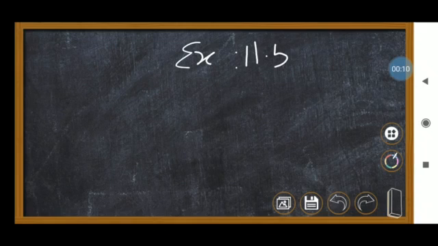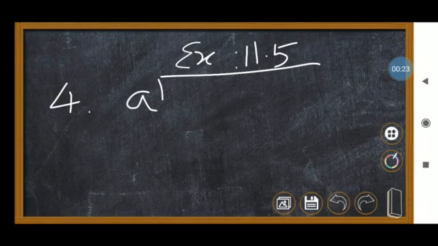Okay students, today we are going to see the remaining problems in exercise 11.5. I gave homework problems in my previous class. That problem also I am going to do today. The fourth one, A problem I finished. Okay, that B problem we will see. So first one, B problem. The fourth one, B.